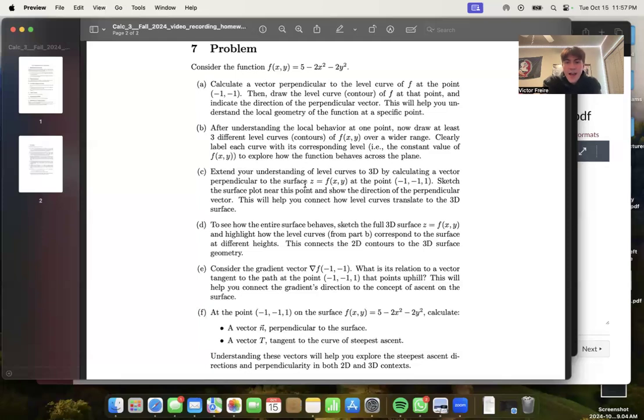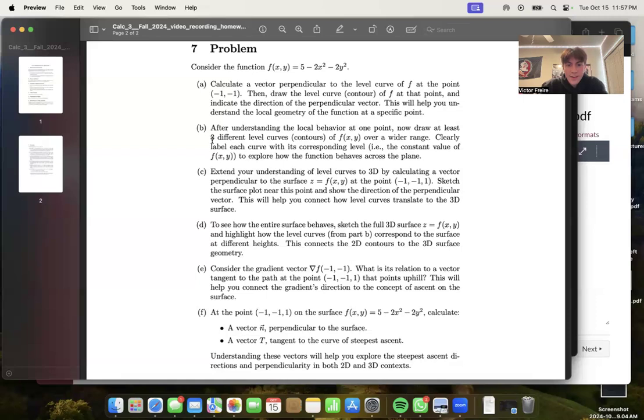So it says, after understanding the local behavior at one point, now draw at least 3 different level curves, contours, of f of xy over a wider range. Clearly label each curve with its corresponding level, i.e. the constant value of f of xy, to explore how the function behaves across the plane. Okay, so essentially they just want us to build off of the contour we drew for part A, but this